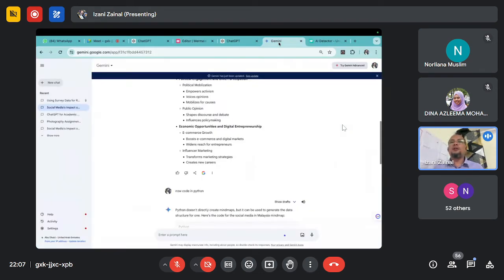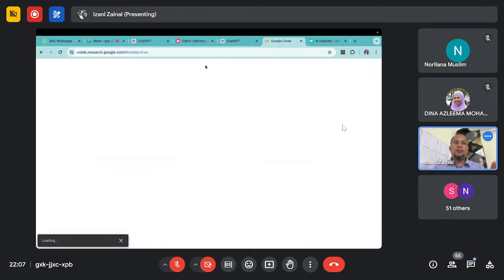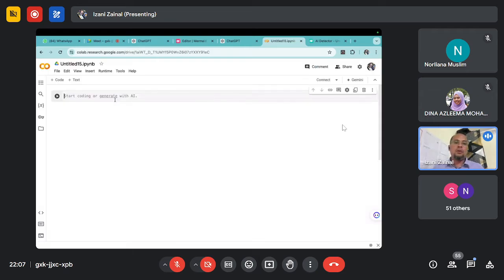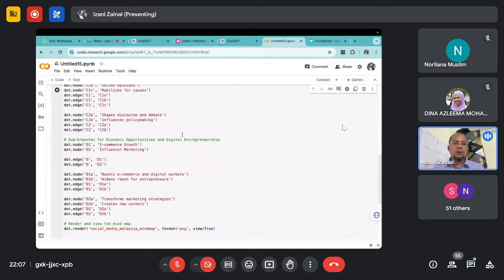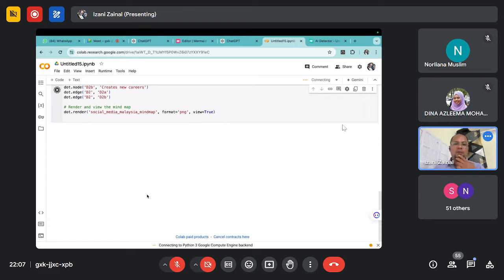Okay, let's try with Colab. If this doesn't work, then I need to go to the paid version. This is the common problem when you do the live demo. When you don't do the live demo, sometimes it works, so I think this should also have a problem. Let's see, hopefully this one can generate. If not, I will go to